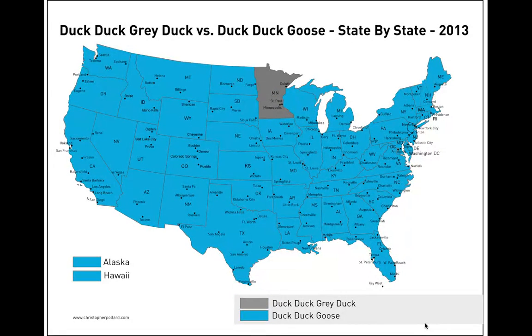And then, of course, we've got Minnesota. This is always a hot button issue in our household as well, because if you're from Minnesota, you probably played the game Duck, Duck, Gray Duck, but we are legitimately the only place in the entire United States that plays the game Duck, Duck, Gray Duck. Everyone else plays Duck, Duck, Goose. Why is it a gray duck? I don't know. My wife always says, "What exactly is a gray duck?" And I say, "It's a goose." I mean, because that's what it is. But I don't know where the term gray duck came from originally, but that's what I grew up with. I'm sure that's what some of you grew up with as well.